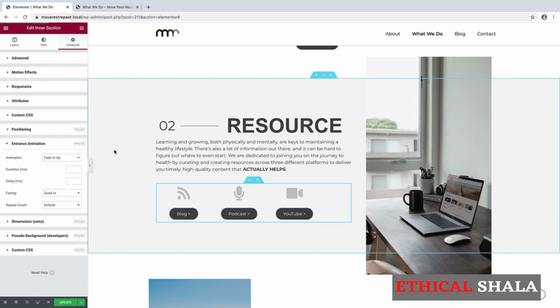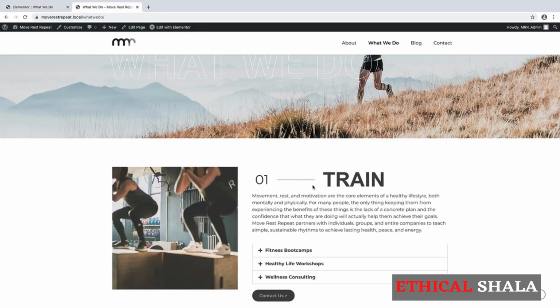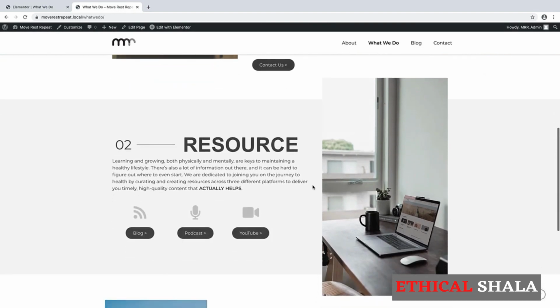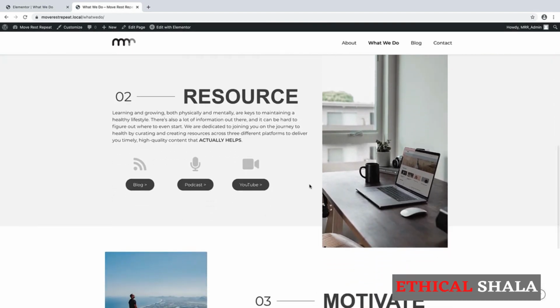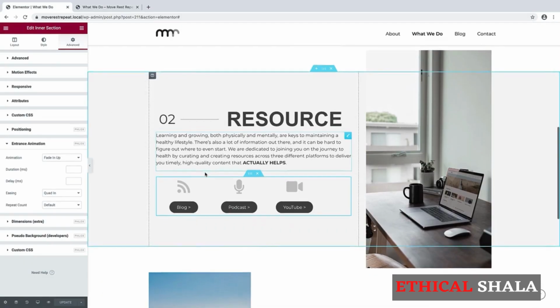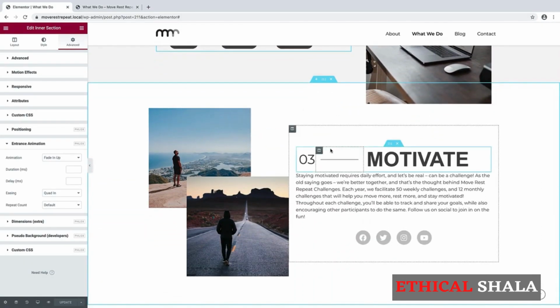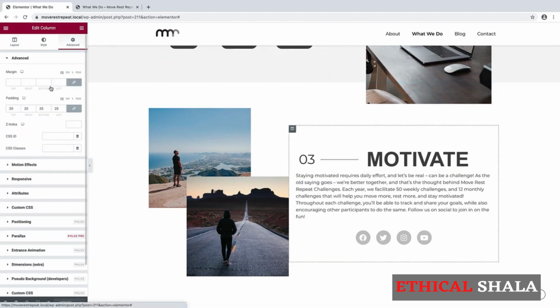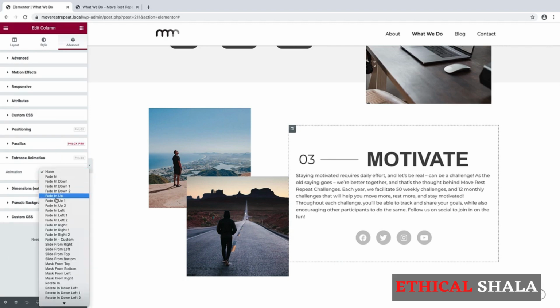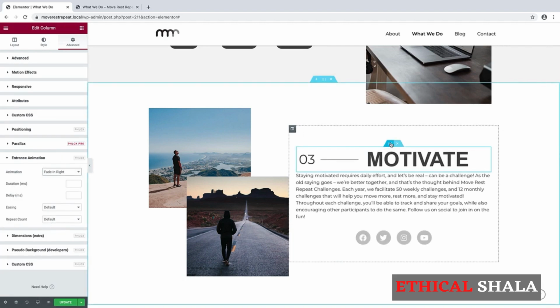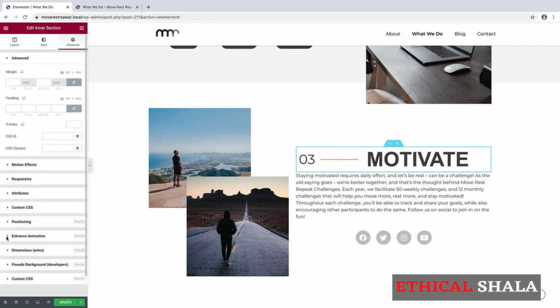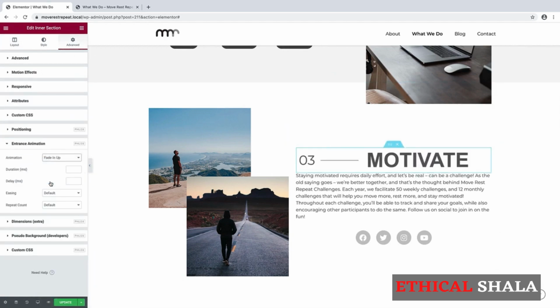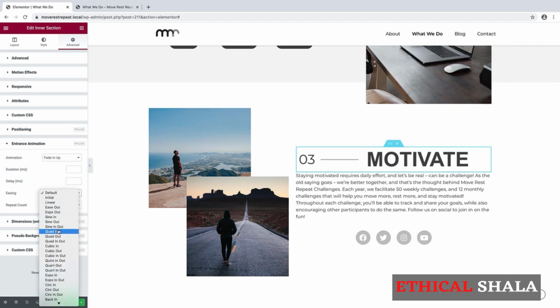Let's update our page and see how this looks. Again, animations are kind of just trial and error. Nice. All right, let's go back and work on our final section. For this section, we'll start off here, do the same thing we've been doing, hit Advanced, Entrance Animation, Fade in Right, take this top section, fade in up, with a quad in easing,